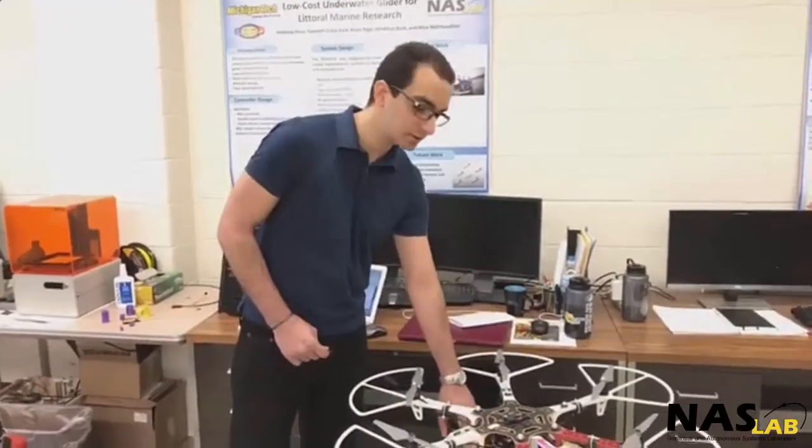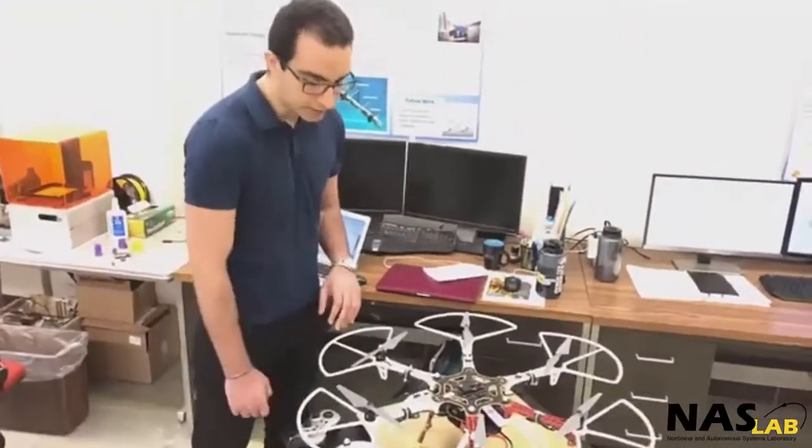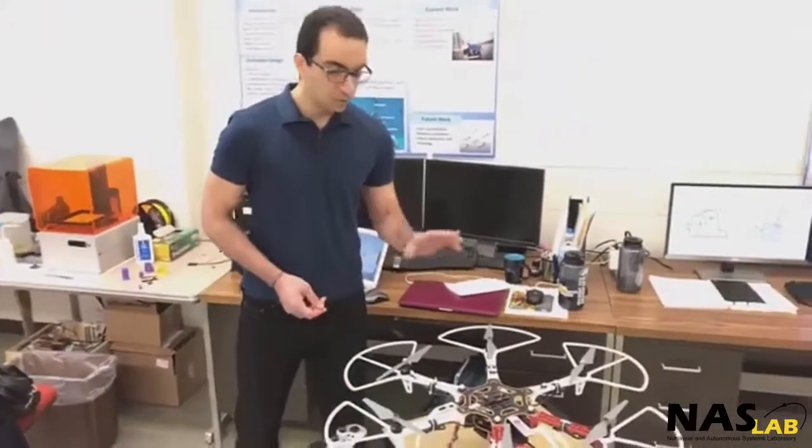We experiment with both stationary charging stations and mobile ones. For the mobile ones, we put the charging stations on the ground robots again and have them move in the environment to try different scenarios. We are not going to demo these today, but